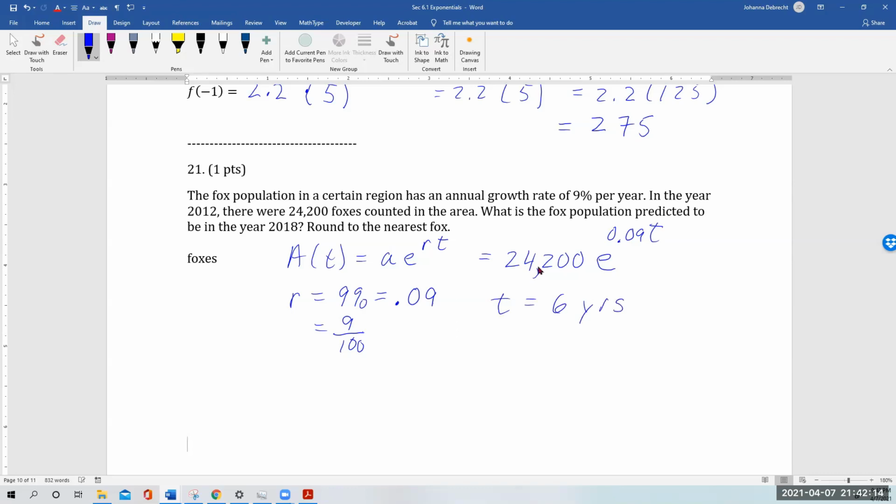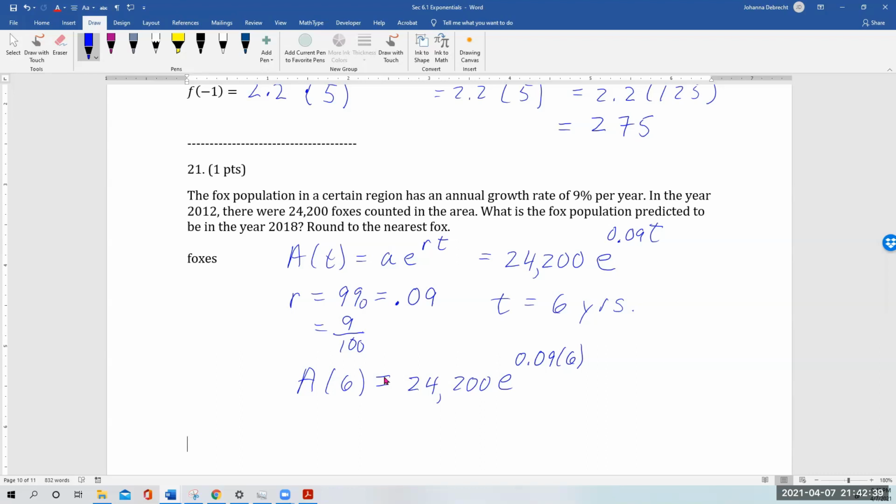Now we'll take the 6 years and plug 6 into the formula. We're trying to figure out what A is after 6 years of continuous population growth in the fox population. This gives us e to the 0.09 times 6 multiplied by